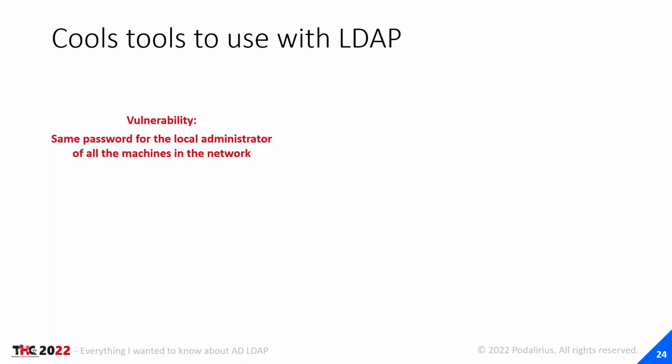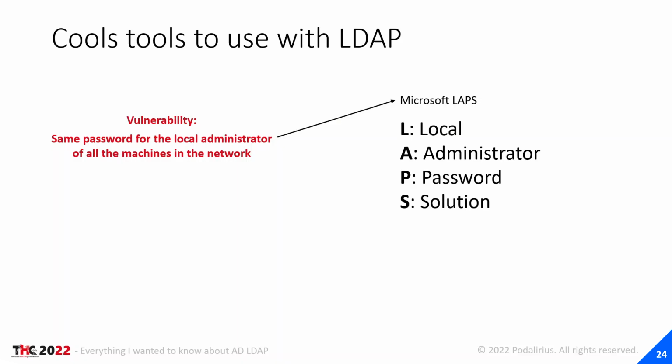he can retrieve the NT-hash of the local administrator of one machine, he can connect as administrator on all the machines of the network that are using the same password for the local administrator account. So this is a huge vulnerability, because if any of your machines is compromised, most of your machines will be. So it's a real big problem, but fortunately there is a solution called LAPS, for Local Administrator Password Solution,